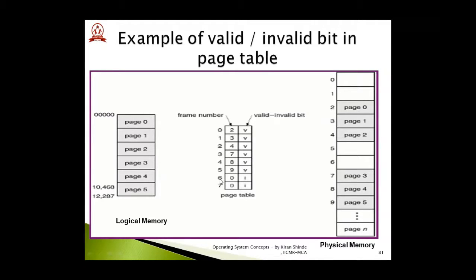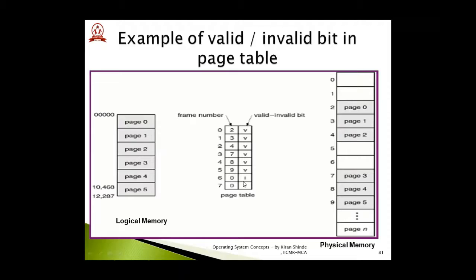But if you see another entry in this particular page table, for example, the second last entry, you can see the page number 6. Okay, but there is no frame which is mapped to this particular page number 6. So whenever this particular page will be required by this process, the frame is not mapped for this page. Such an entry will be mentioned in the page table with the invalid bit. Okay, why? Because for page number 6, there is no frame available at this moment of time in physical memory. So that can be depicted with the special bit with the mention I. Okay, so these are the two bits, valid bit and invalid bit, right?